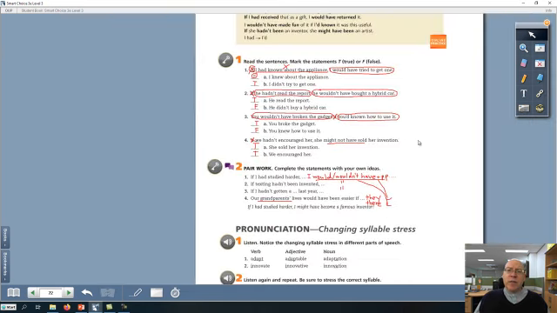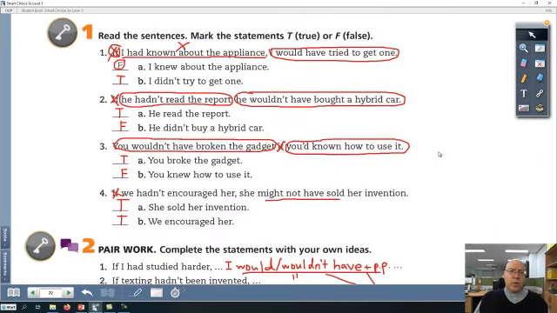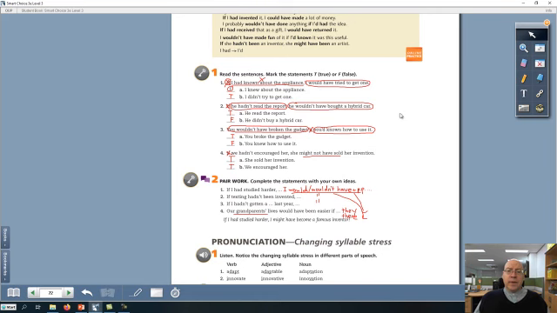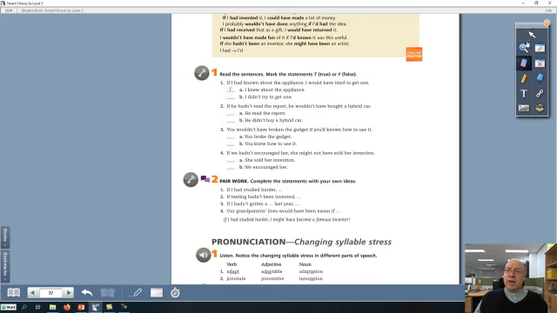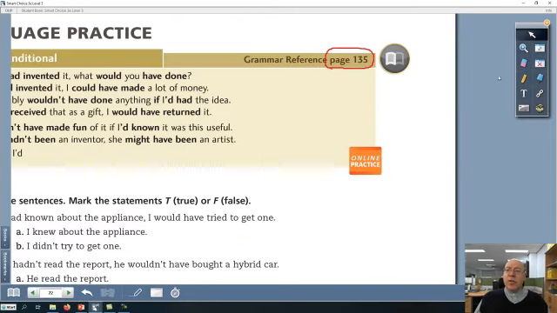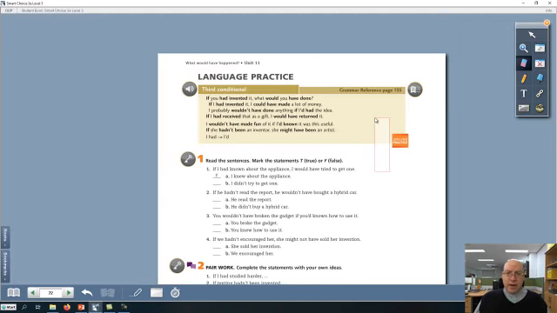The most important thing when you're thinking about the third conditional is to think about the opposite, because this is the imaginary situation, and in the imaginary situation, what happened is the opposite. All right, so there you go. That is your third conditional. And if you do have any questions or you need some extra assistance, go to page 135 and that'll help you out. Okie dokie. That's it for your third conditional.